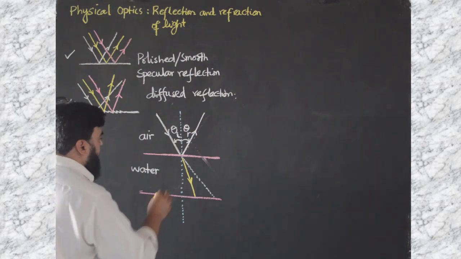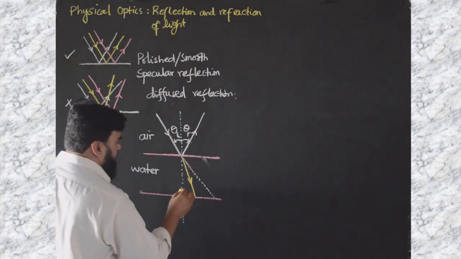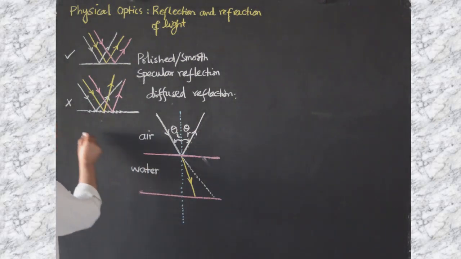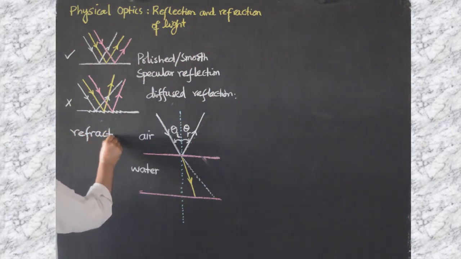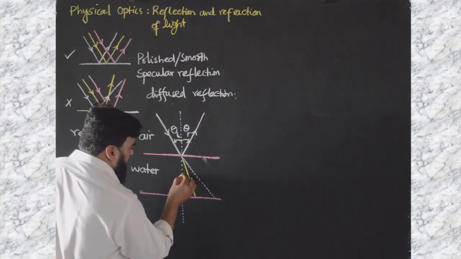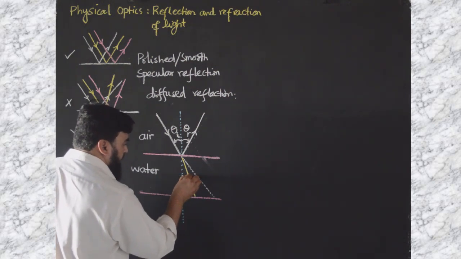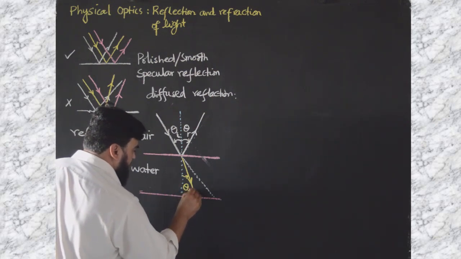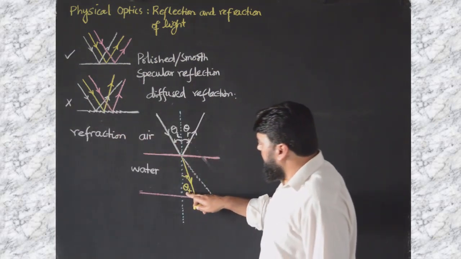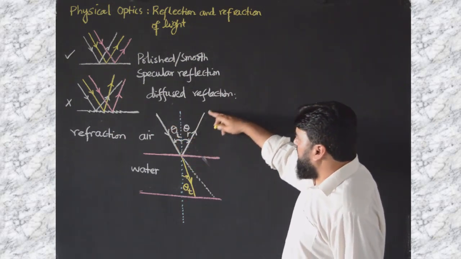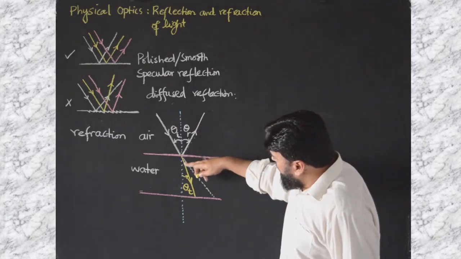And this bending of light, when it transmits, we call refraction. This refracts, this bends the light, so from the word refract we call this refraction. And now the angle which it makes with this perpendicular line is called theta t. Theta t means the angle of transmission, because this ray is bounced back here and some of its portion has